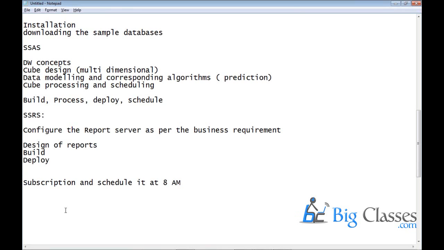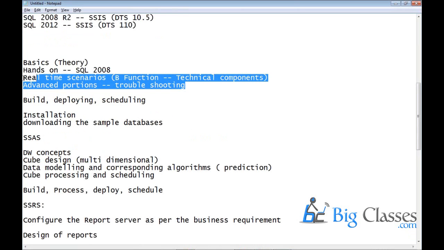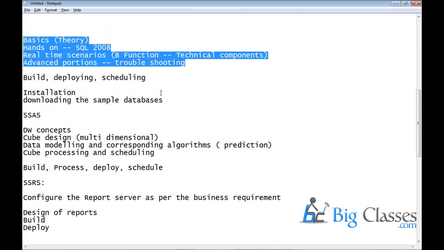So that's about your reporting services that I'll be doing, and of course each and every module will again go through all these things. Okay, so I'll be giving you the basics, I'll give you hands-on, and I'll be giving you real-time scenarios and troubleshooting steps. Okay,